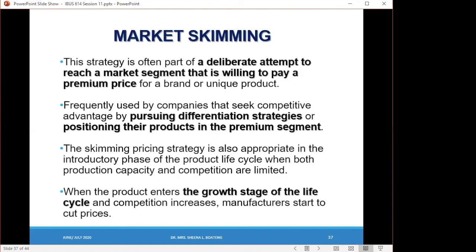Before, for a very long time, Coca-Cola was only available in 330 ml bottles. Do you remember? In Ghana here, yes, 330 mils. Then all of a sudden, they had all these different sizes: 1.5 liter, 1 liter, 500, all these different sizes. Some were in glass bottles, and they all came at different prices. So that is the creative way by which marketers try to regain lost profits or enhance